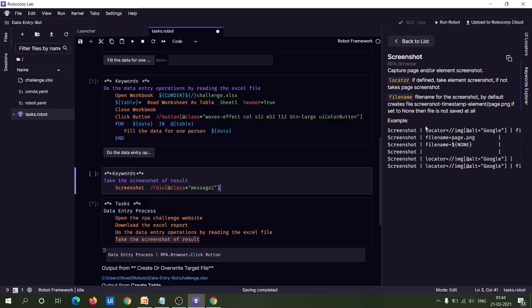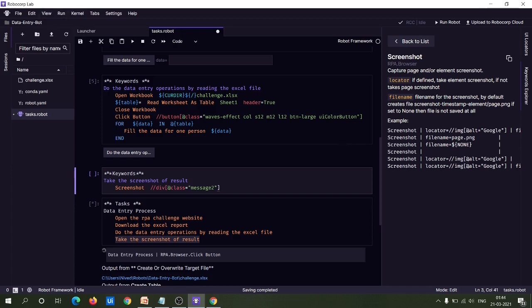Now you need to pass the file name by which it should get saved. So you can pass the file name here. You can pass it as a file path, where you need to save it.